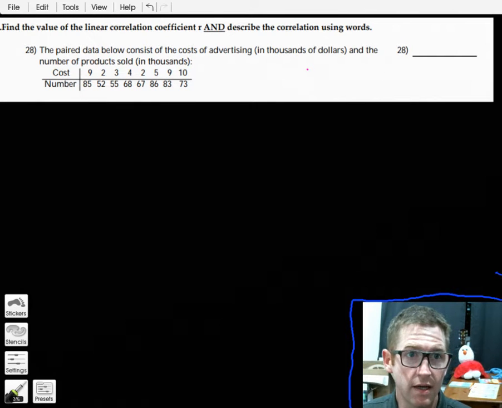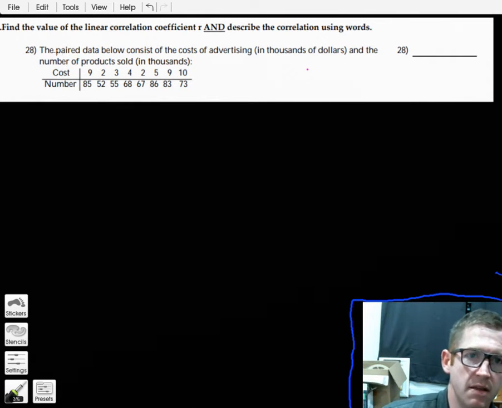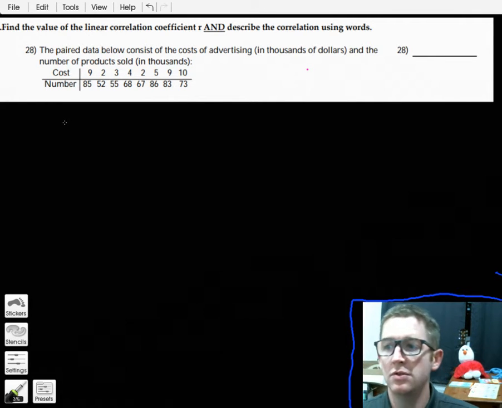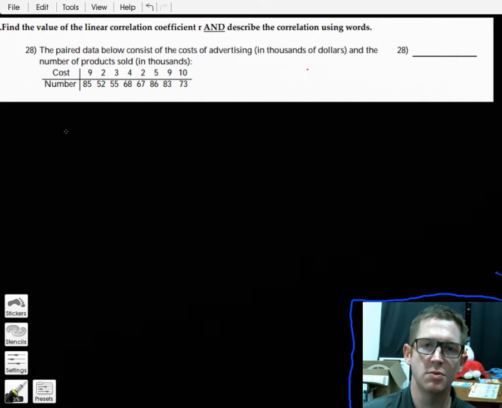Okay, so this is actually number 28, and we're going to find the value of the linear correlation coefficient R and describe the correlation using words. Two parts. Okay, super simple. First, with this paired data below,